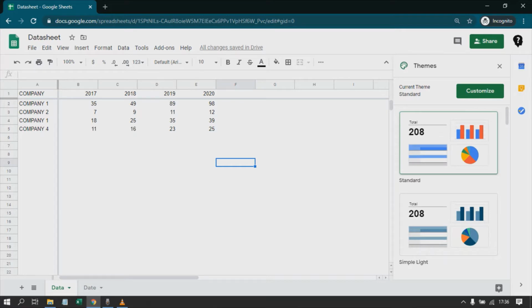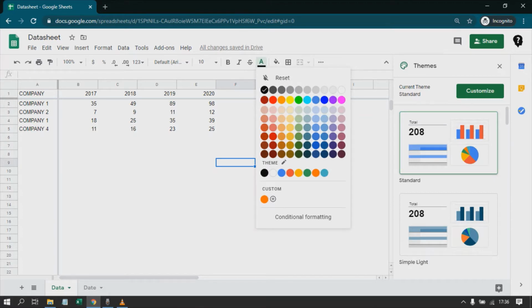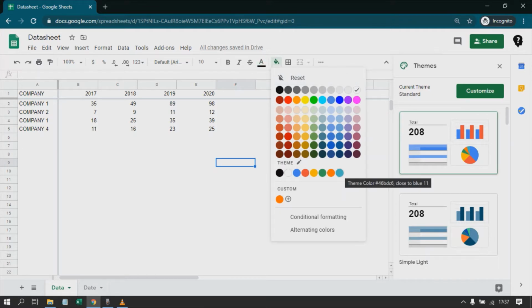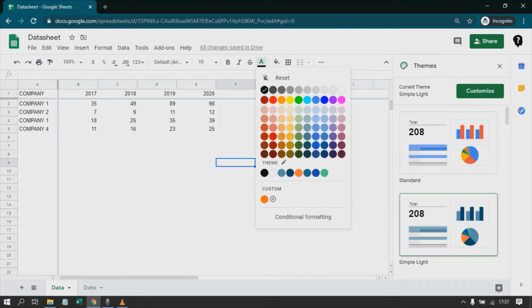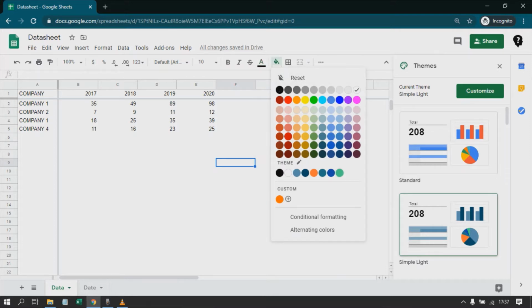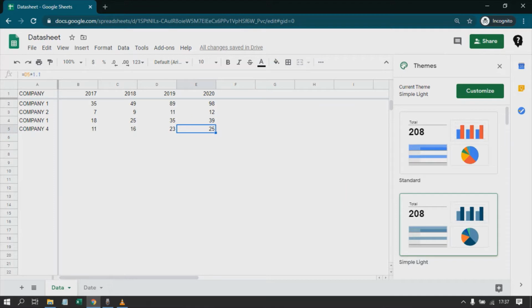So theme is basically this set of rules, okay, which are pre-applied or pre-configured and that we can use. So for example here, if I currently use the standard theme and if I go to my color palette, I can see the theme colors are here. Okay, similarly for the cell colors. If I choose another theme and if I go back to my color palette, I will get these colors of the theme ready-made along with the standard palette. Same for this thing.